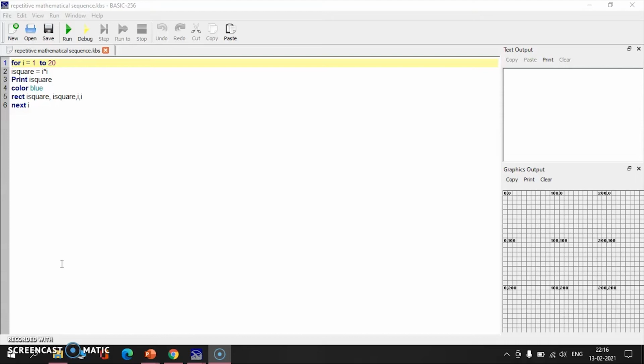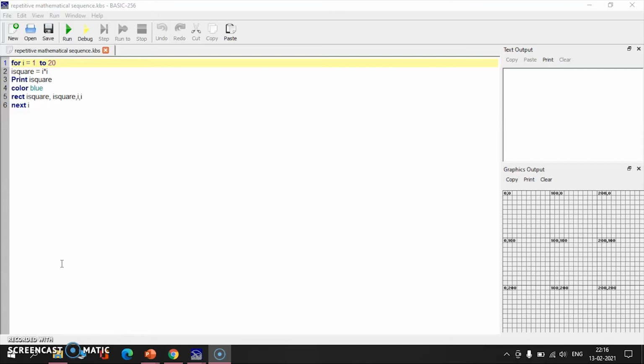Now we are moving on to our third statement, which is print I square, which means the I square value is printed. 1 into 1 is 1, that value is printed. 2 into 2 is 4, so that value is printed. The result of I into I, the I square value, gets printed in our text output area.